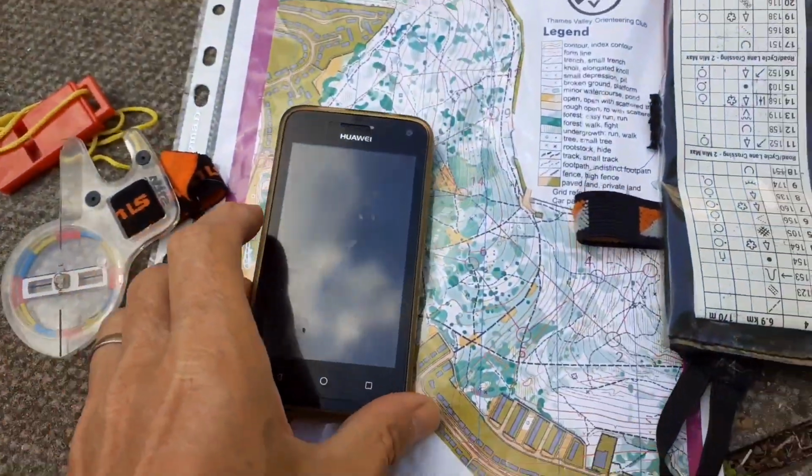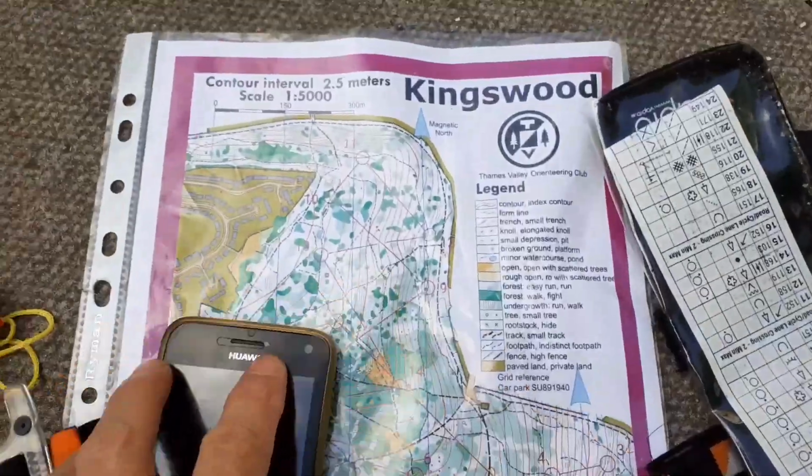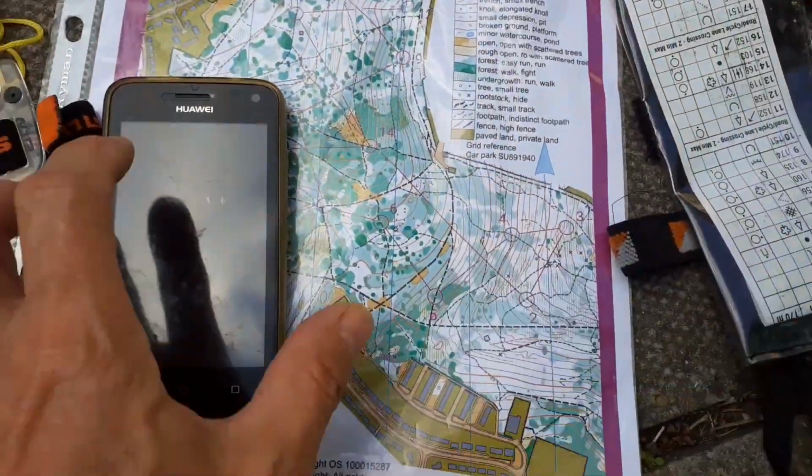A couple of weeks ago I tried to make a video about going orienteering using the MapRunF application, but I couldn't really make much of a video because I needed to use the phone to do the orienteering. I'm going to have another go today. I'm going to go to Kingswood, which is where we went last time, but I'm going to do the other